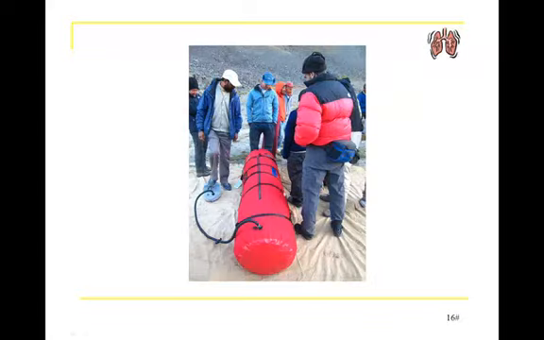Now this picture shows what they call a Gamow bag. It's like a portable hyperbaric chamber where they can put these people in and deliver oxygen at a higher partial pressure to try to force more oxygen to the tissues. This would be something they can use until they can get people down to the lower altitudes, because sometimes up at these higher altitudes it's hard to get equipment up there and get these people down. It's technically an issue to get people down from some of these mountains, and until they can work out getting these people down, they can put them in these little Gamow bags.